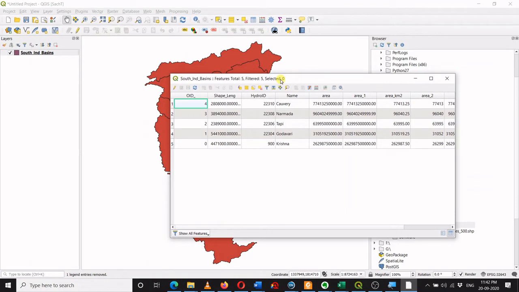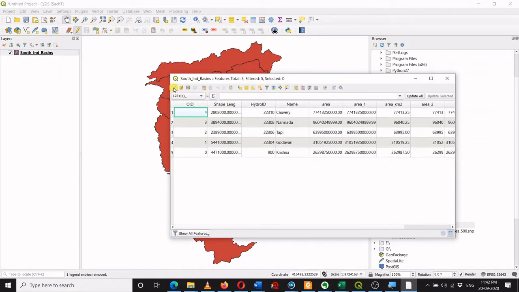Before editing, we need to turn on the editing mode of the vector data file or shapefile. I can do this over here. So this is the option called toggle editing. I can turn this on. Now you can see several icons are now more visible or activated, so it means it is in editing mode.